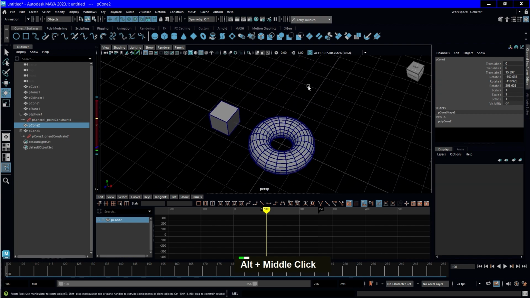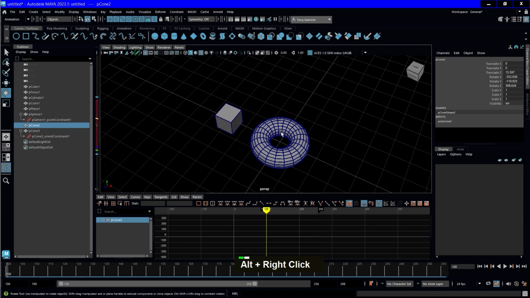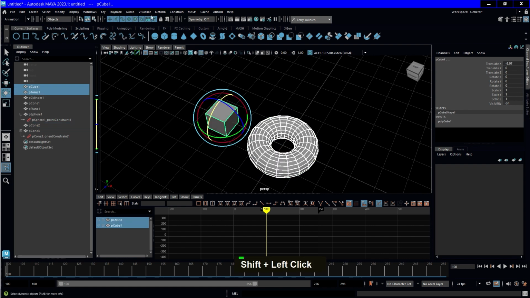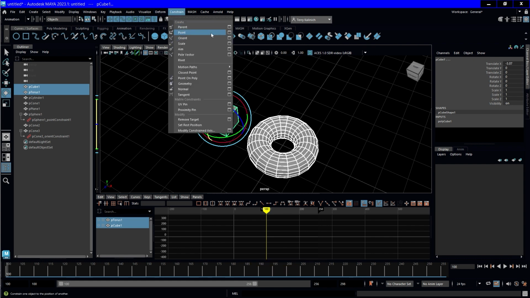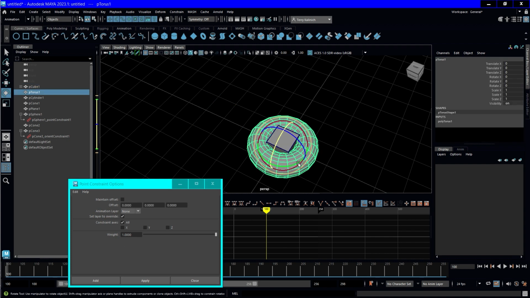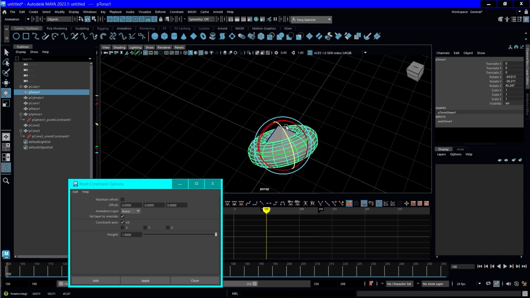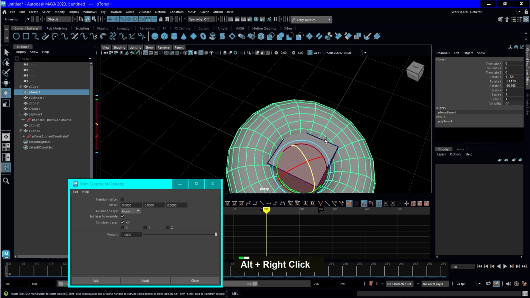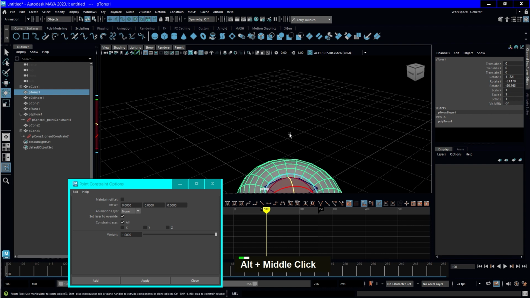And the last thing I'll show you is, actually, maybe I'll just show you the point constraint with no offset. I'm not sure if I revealed this, but if this is now the parent, we can still rotate this, and of course the cube does not rotate with this because it's a point constraint. So, you know, there might be reasons to do something like this if there's two objects that are uniquely joined,